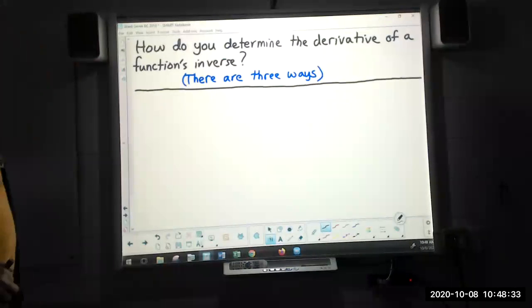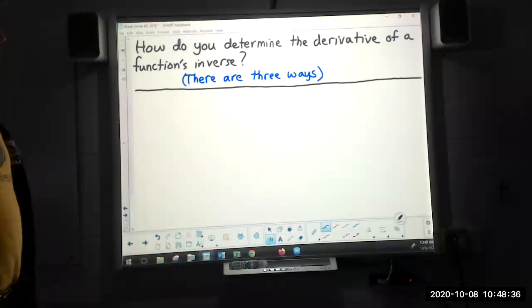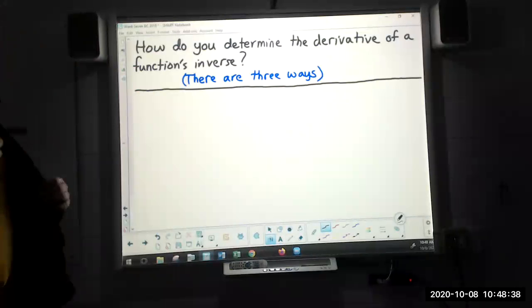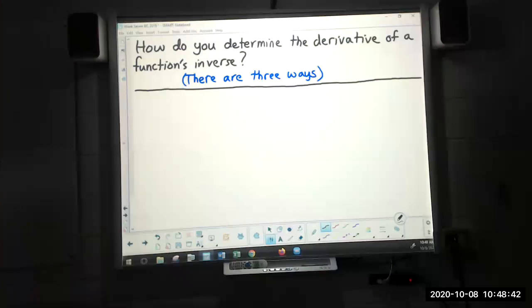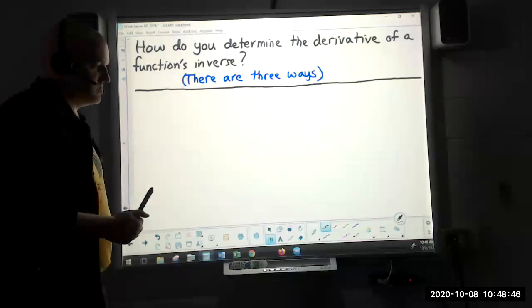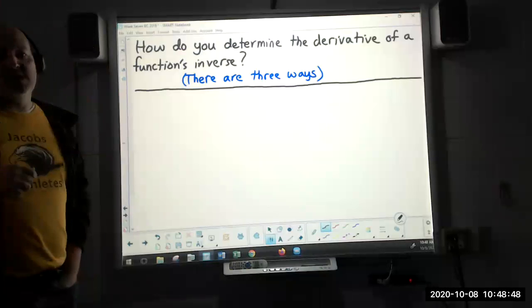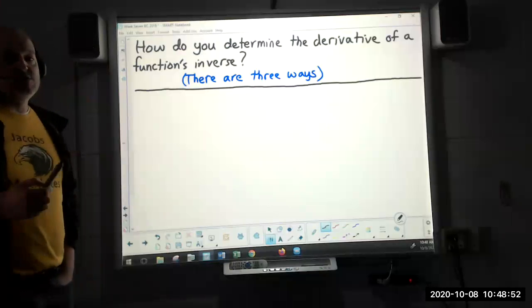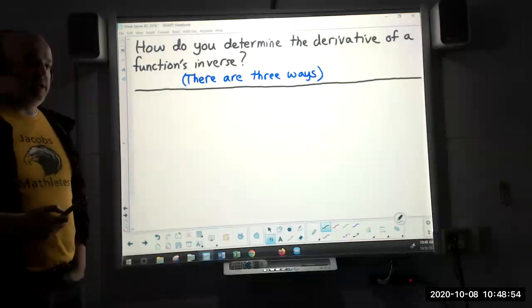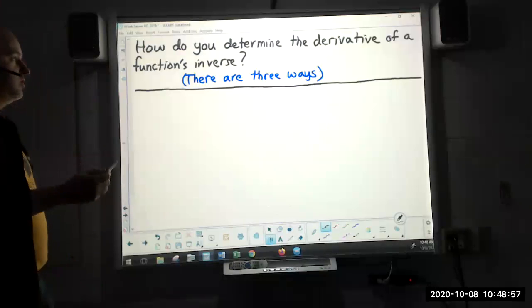Okay. So how do you determine the derivative of a function's inverse? And one of the really important things that we need to make sure that we are using is our words, because I saw in your DESMOS activity words like inverse and reciprocal and opposite and all kinds of things, and those mean distinctly different things depending on what you're doing. So, for example,